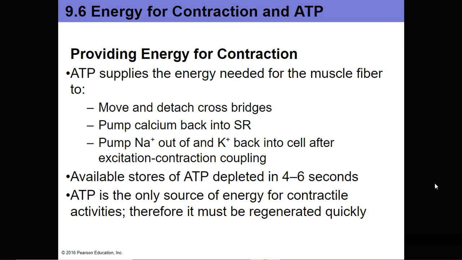Remember when the myosin head is attached to the actin, ATP has to bind to it, which causes it to detach and return back to its high energy state after the ATP gets hydrolyzed to ADP. So in order for the cross bridges to detach, ATP has to bind to the myosin head when it's bound to actin. Okay, so you need energy for this entire process, and essentially, the available stores of ATP are